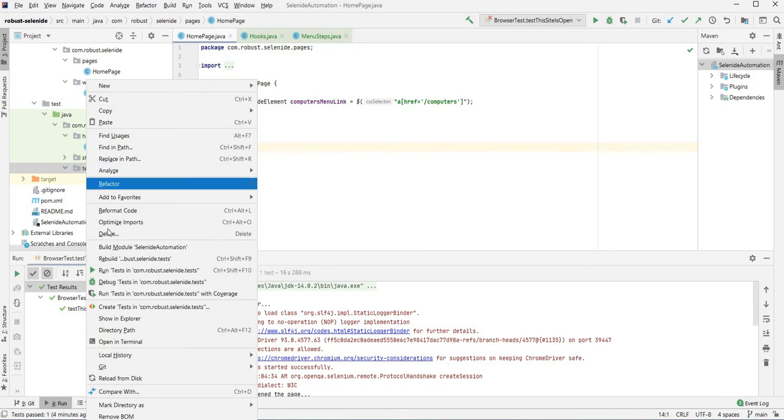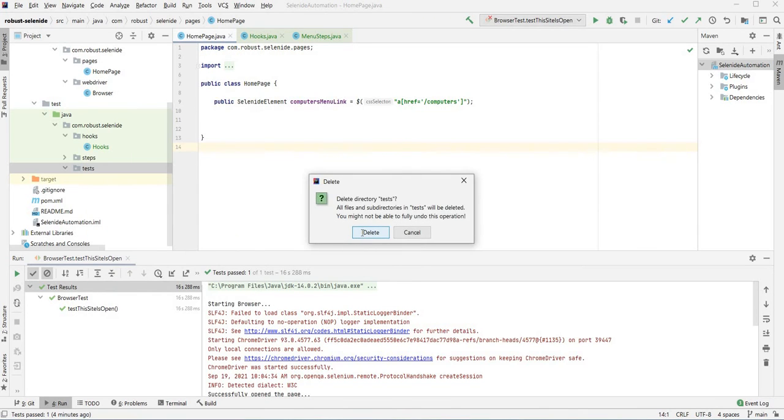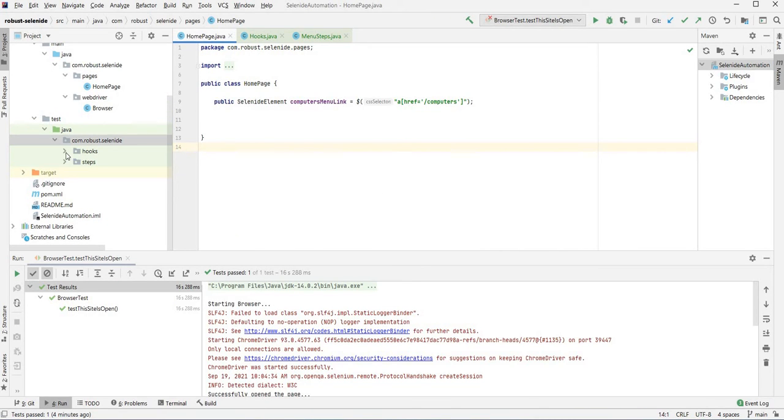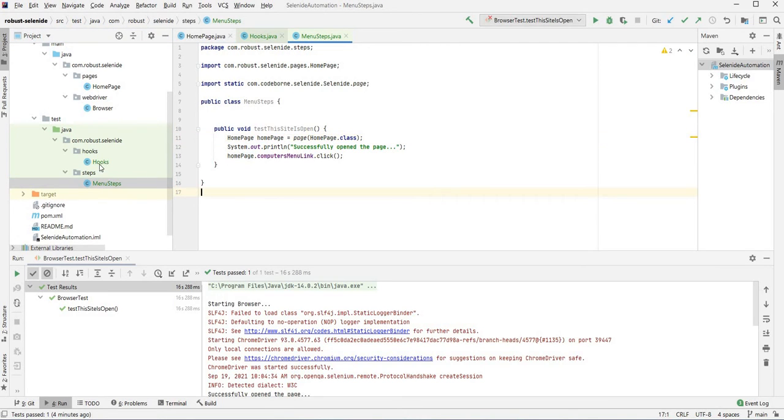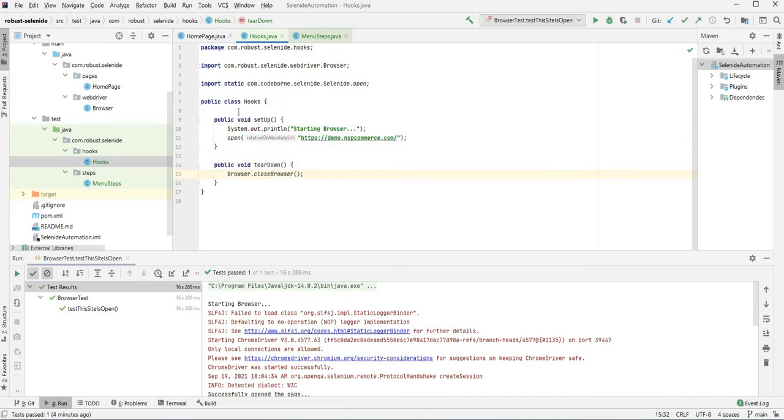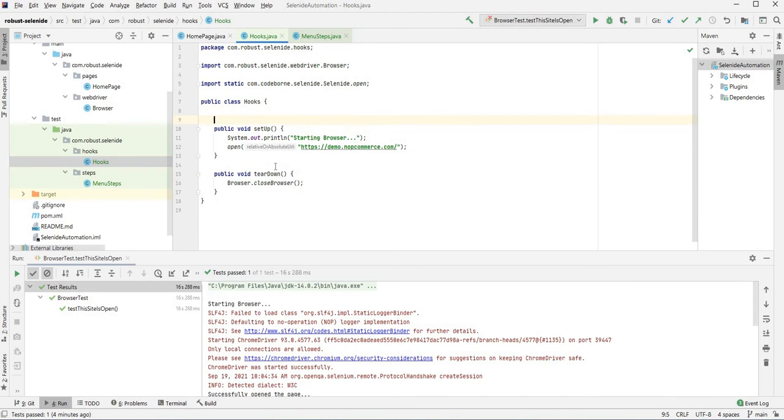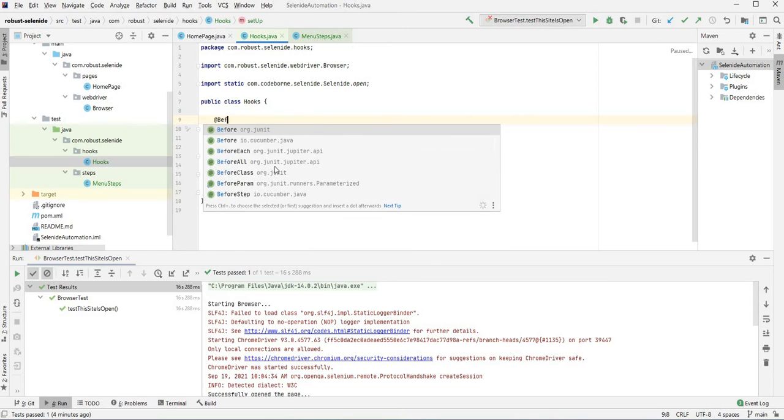And then this package is not needed either. Good. So we have hooks, we have steps. Step is there. Mainly we just moved over from that one class. Now what you need is you need to use the before. So if you notice here, there are multiple before options. You need to pick